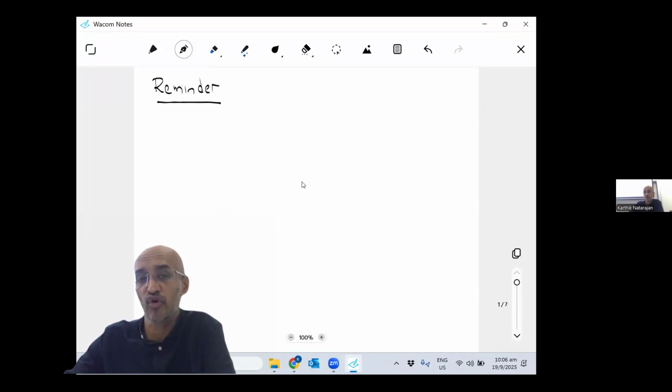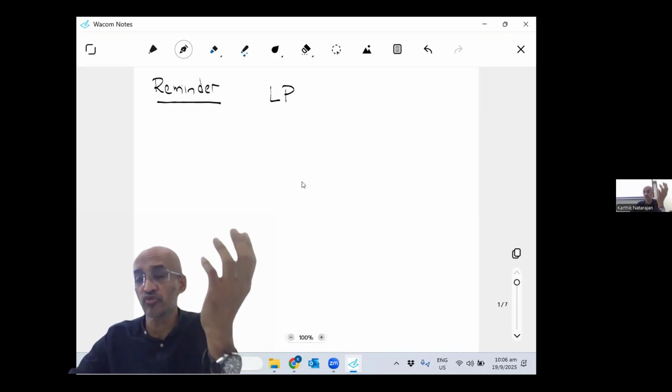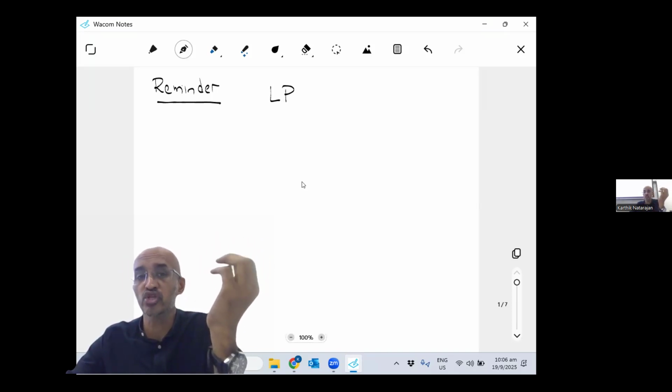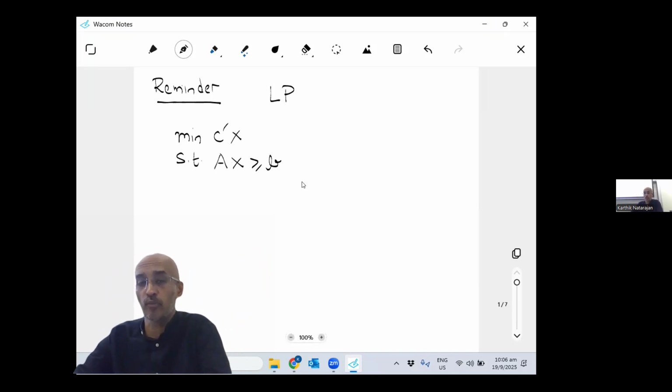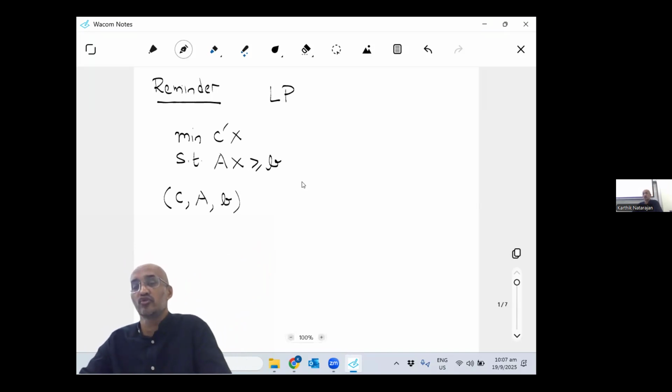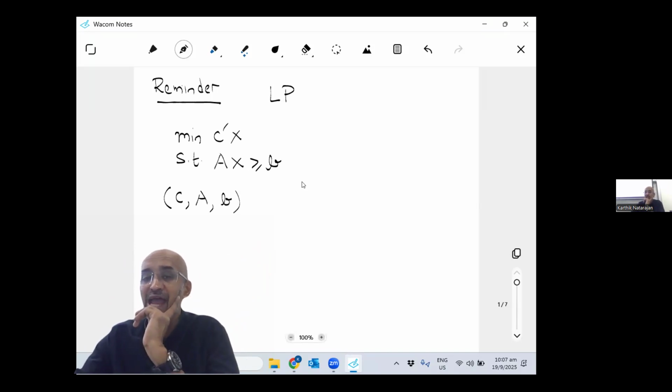I tried to define this class of linear programs. We saw there are many definitions you can use, but two forms which you can use to represent linear programs. One of them is this form, which is to minimize C transpose X subject to AX greater than or equal to B, where the inputs of this problem are these three objects: the objective coefficient vector C, the matrix A, and the vector B. This is an LP which has n variables,